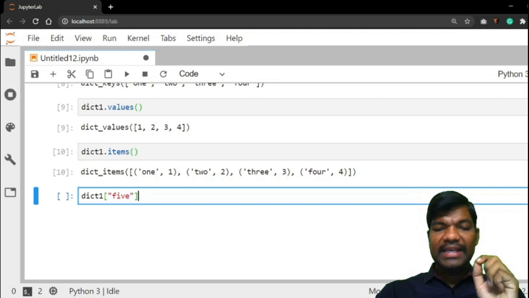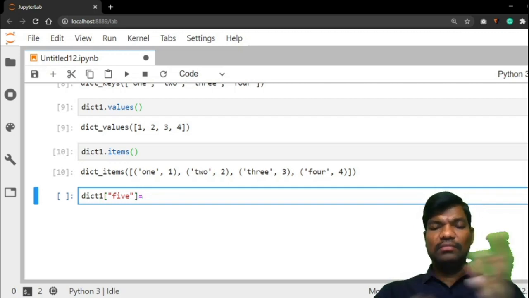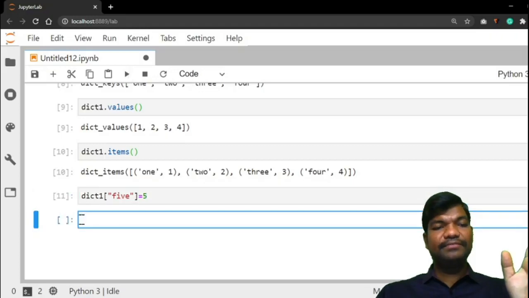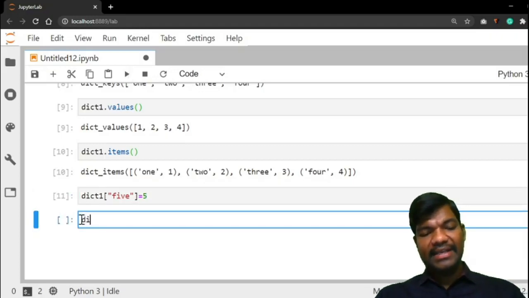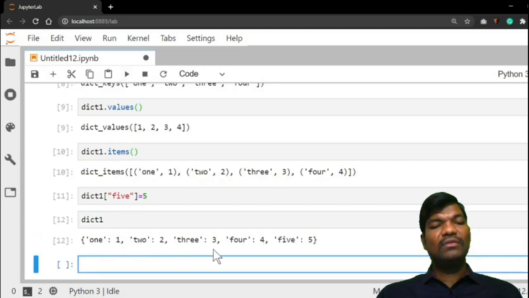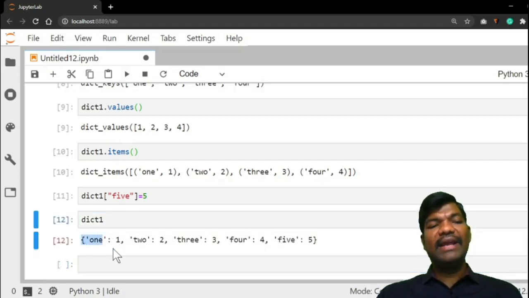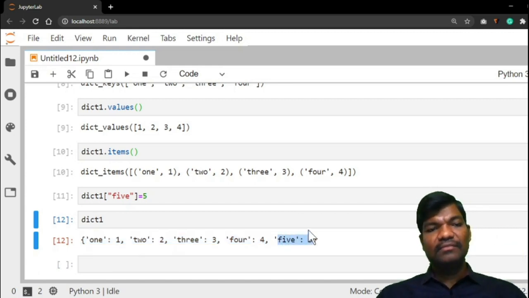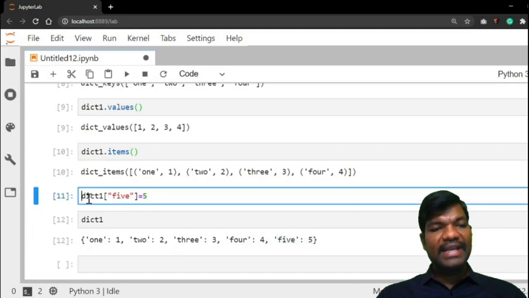For that key, give value 5. Run it. Now check dict1. See here, previously 4 items are there. Now the new one, 5, is added. So this is the method: dict[key] = value.